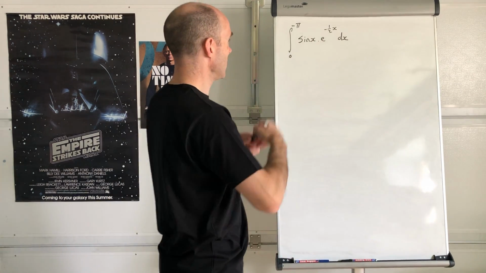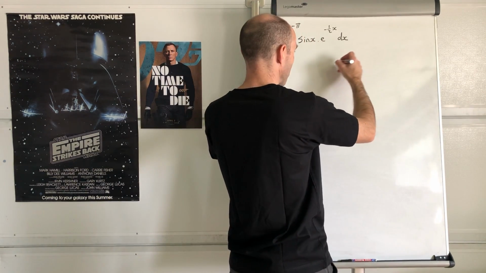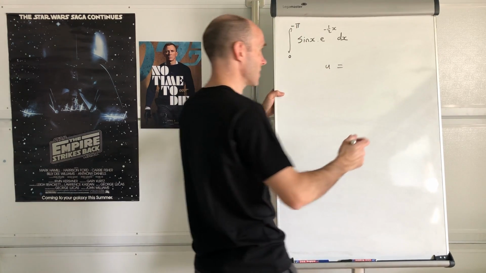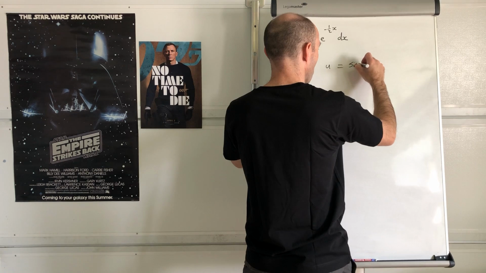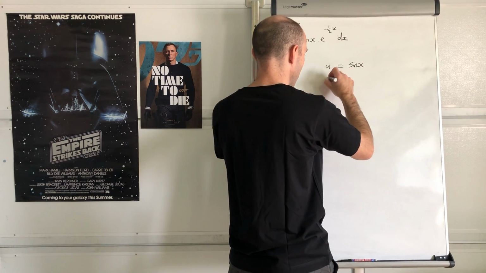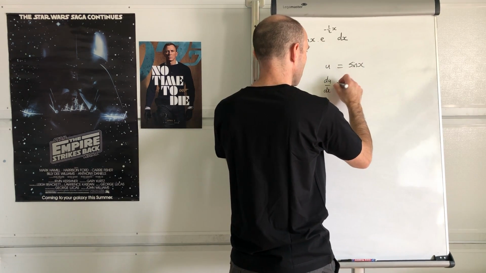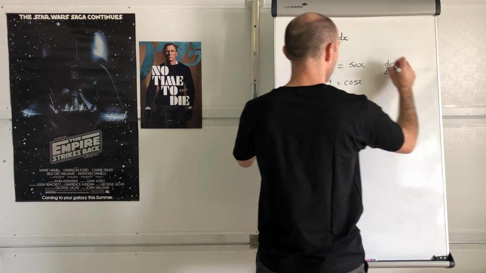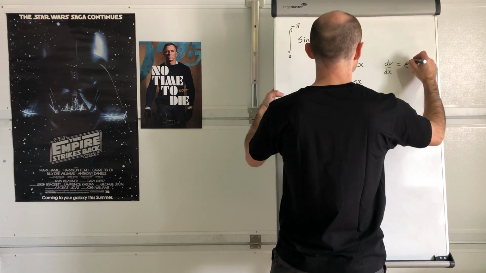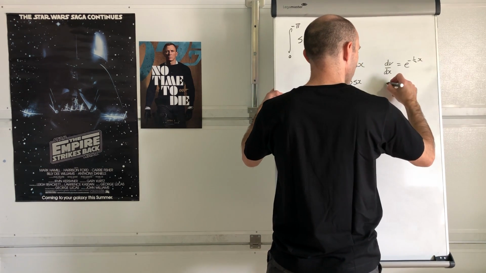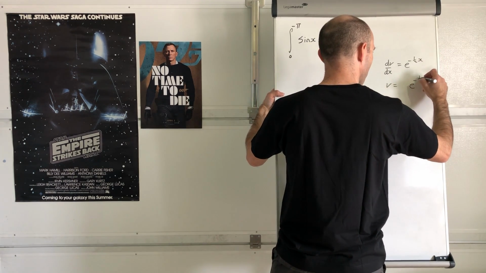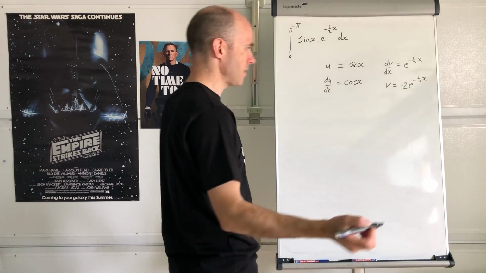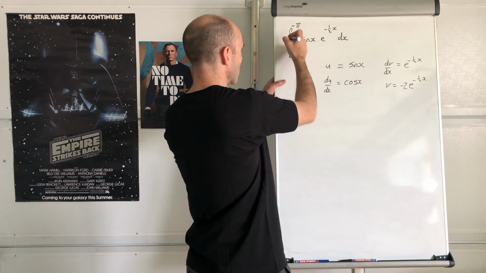So I'm going to use the by parts method, and to be honest, it does not matter which you use as u, which you use as dv dx. So I'm just going to put it in the order they come. u equals sine x, and du dx is equal to cos x. That means dv dx must be the other one, which is e to the negative half x, and that means v must be e to the negative half x times negative 2. All right, and then we just work out what that is. Now, I'm going to call that I,